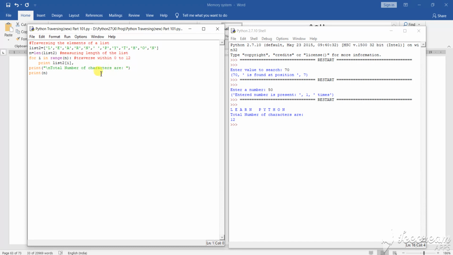Based on this range, it will take out the value. That means, as I said earlier, it will take out the place value of each item: 0 1 2 3 4. This way it will calculate.